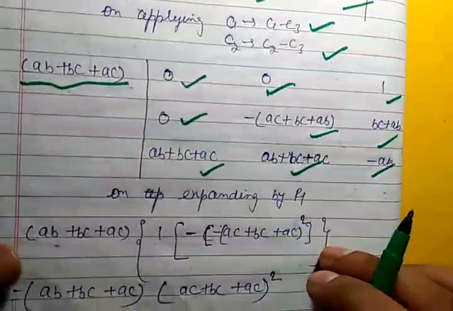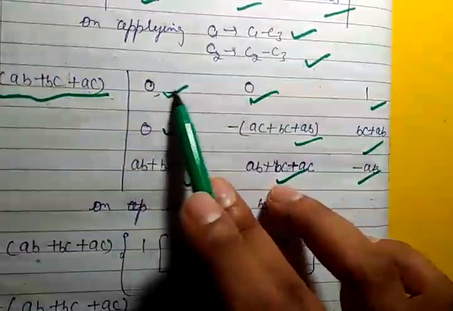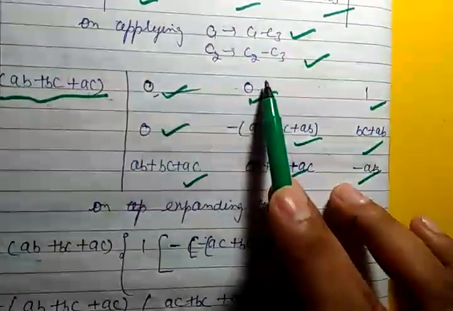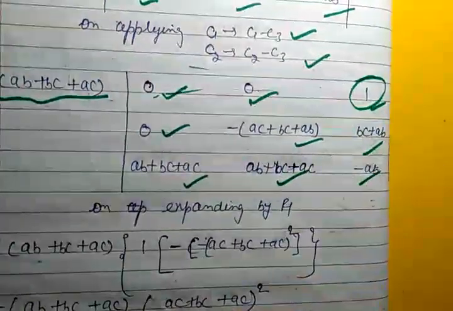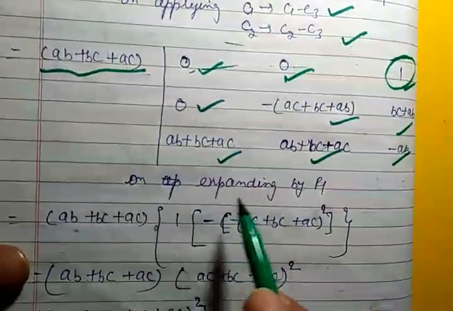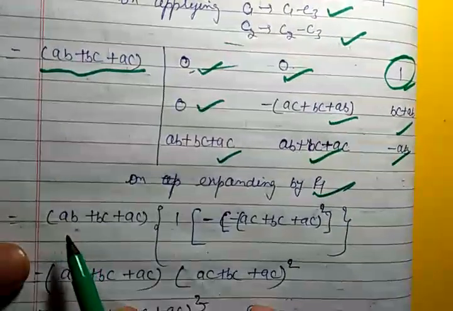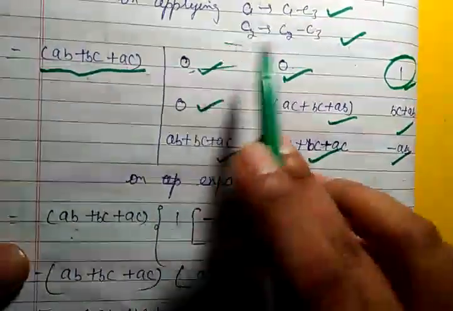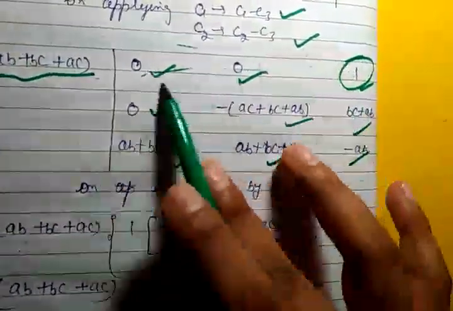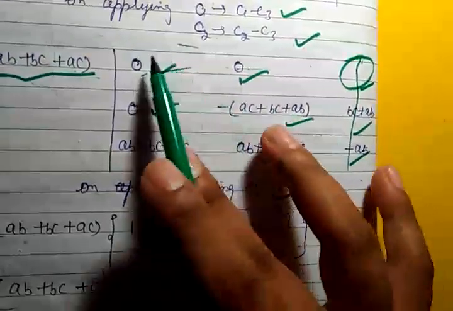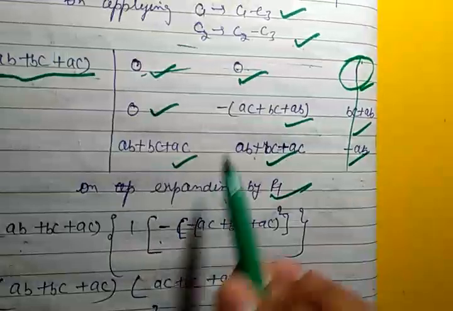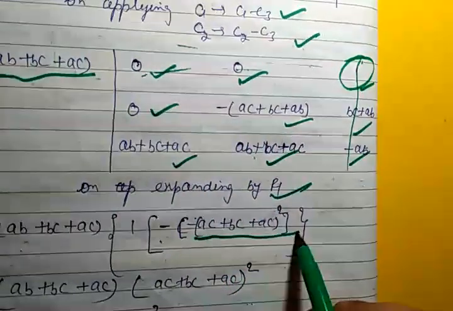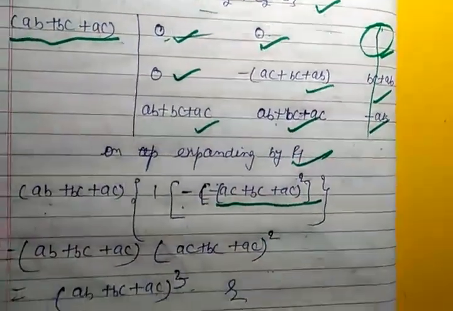ठीक है, अब क्या करेंगे आप देख सकते हैं हमारा यहाँ पर पहली रो में we have made up more zeros, दो जीरो बन चुके हैं, तो we can expand from 1. यहाँ 1 से हम इसको एक्सपेंड कर सकते हैं. So now we are going to expand by R1, we will get AB plus BC plus AC. और जब इसको एक्सपेंड करेंगे तो प्लस माइनस प्लस प्लस के साथ में इसे ओपन करेंगे, ये आउट होगा, ये आउट होगा, इसकी मल्टीप्लाई से करेंगे 0 आ जाएगा और माइनस के साइन के साथ में इसकी मल्टीप्लाई इससे हो जाएगी.